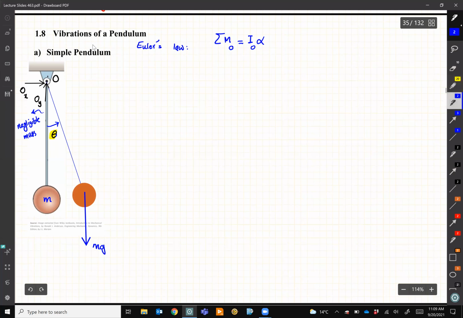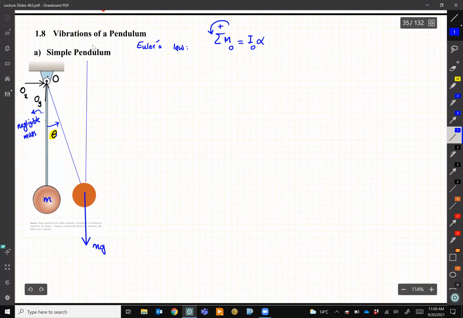So in order not to forget or get confused, you better develop this habit, just put that there so you remember that any force that rotates this system in that direction, which is the direction of theta, is positive, and anything else, the opposite, is going to be negative. Of course, this question is easy, but there are problems with lots of forces and we need to be careful about the direction. So if I want to take the moment about point O, we know how to do that. We learned before, right? So taking the moment about point O,